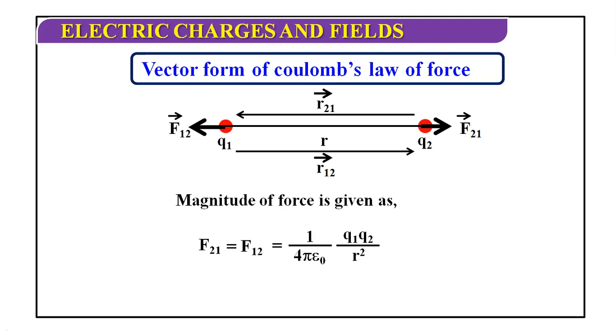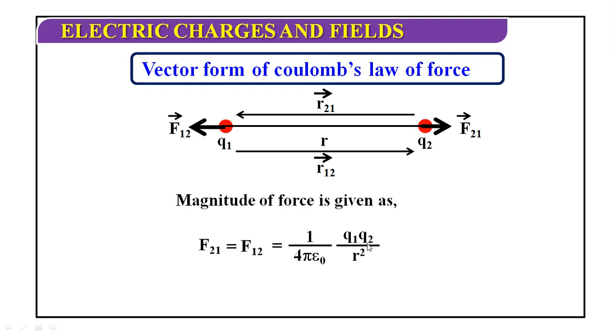Okay. And when we multiply that value with pi 3.14 and 4, and then take 1 divided by all of it, we get 9 into 10 raised to the power 9. So in place of 1 upon 4 pi epsilon naught, in our numericals we will use 9 into 10 raised to the power 9, q1 q2 upon r square. If q1 is equal to q2 is equal to q, I will write 9 into 10 raised to the power 9, q square upon r square. Suppose both the charges are of 1 coulomb: q1 is equal to 1 coulomb, q2 is also equal to 1 coulomb.